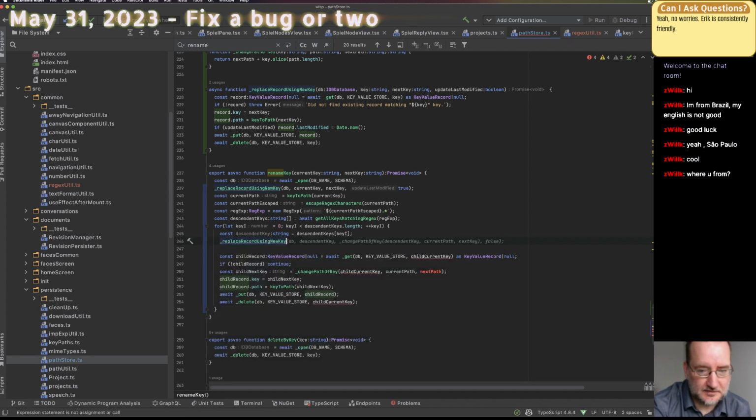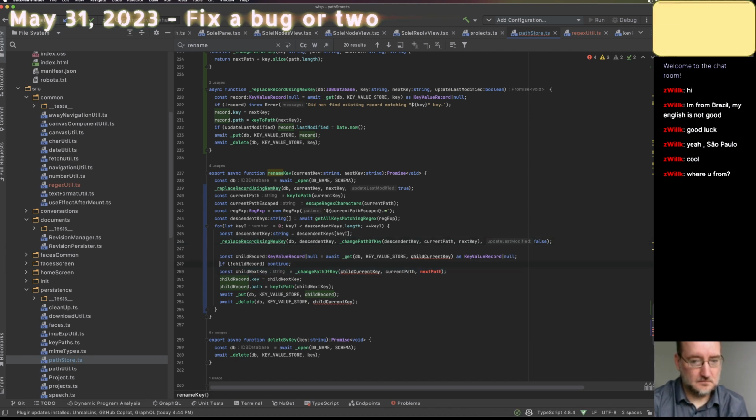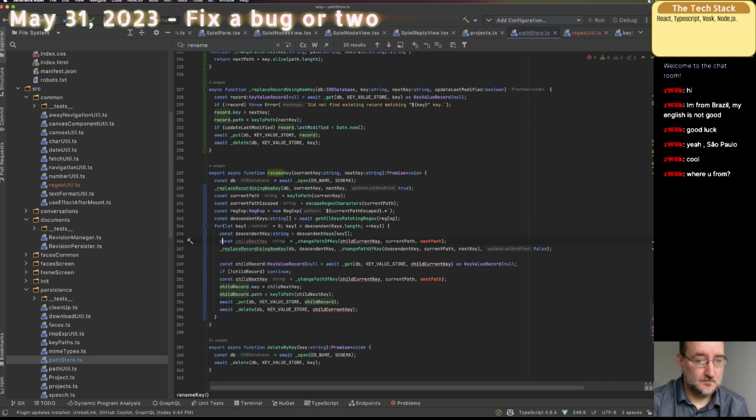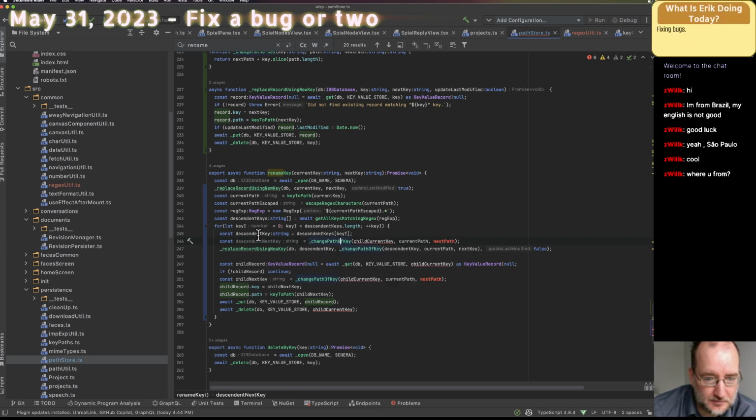Okay, so that's going to be DB descendant key. I think this should be. Oh yeah. Okay. Let's bring this up here. Descendant next key. Descendant instead of child because there's multiple generations or multiple levels of recursion. So this will be descendant key.